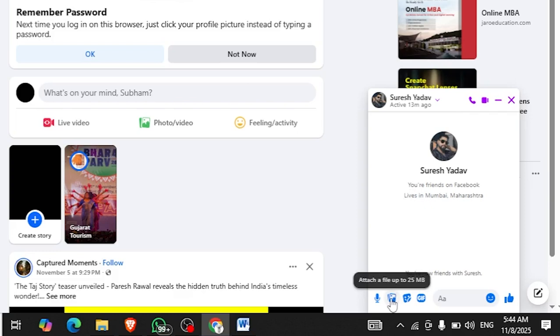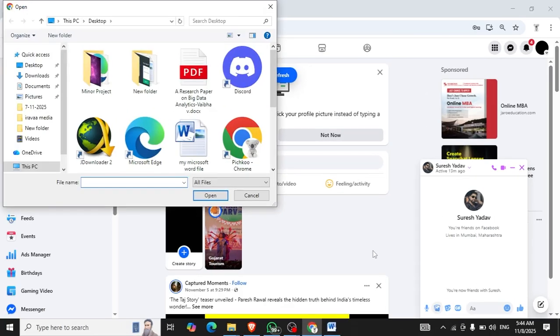So guys, here you can send up to 25 MB. Attach a file up to 25 MB. If your file is big, you can easily compress it. Okay, so let's open. So guys, here you need to choose a Microsoft Word file